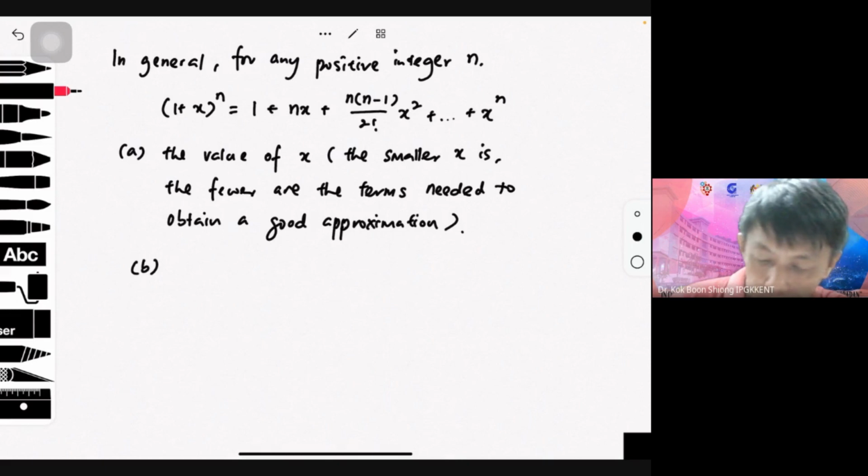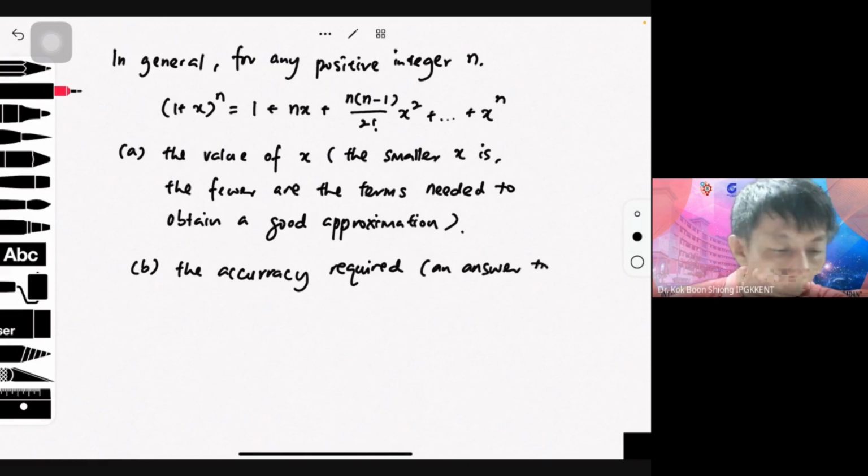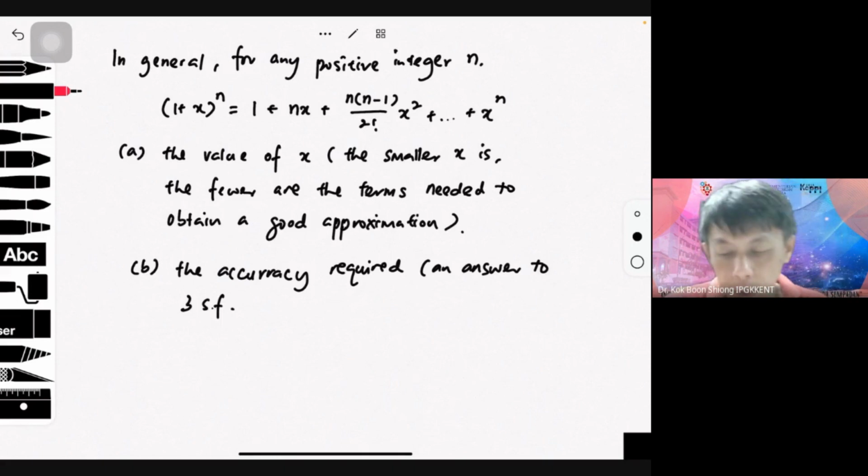Second, the accuracy required. Usually we take three significant figures and answer to three significant figures. Okay. Sometimes we may take up to six significant figures. Okay, let's say for example,